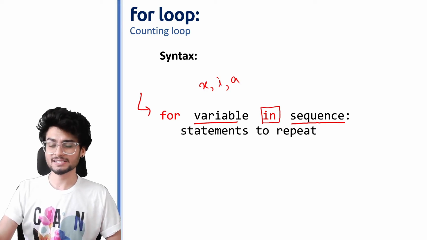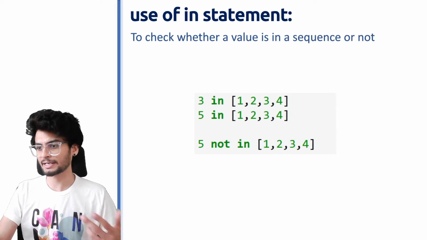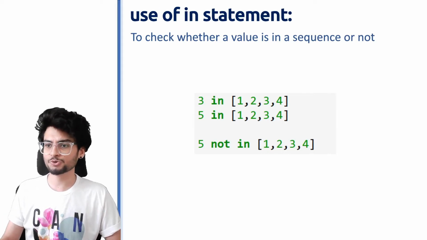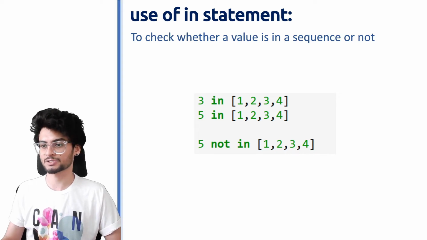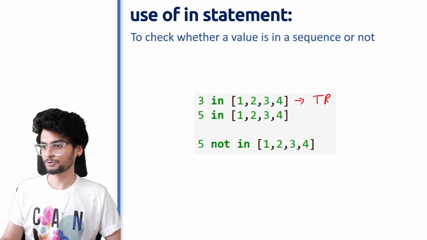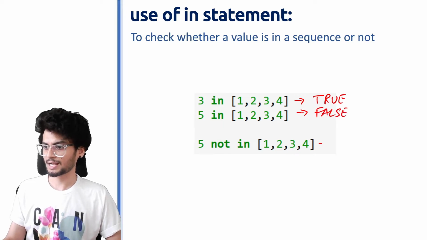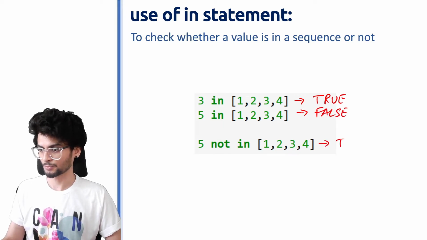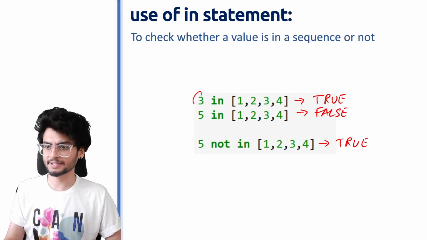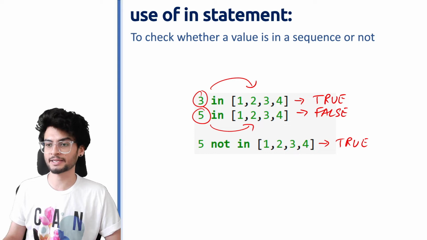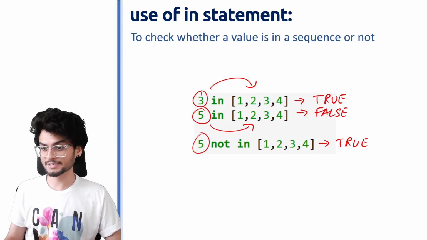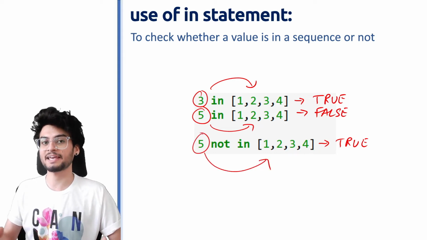So it is very simple in nature. आपको याद करने की जरूरत नहीं है. Just remember कि जो in का मतलब है, it is exactly same as in the English language. This will be true, this will be false, and this will be true. It is just checking कि अगर ये वैल्यू इस लिस्ट के अंदर है या नहीं, और this part is checking कि ये वैल्यू इस लिस्ट के अंदर नहीं है,